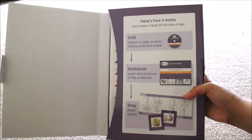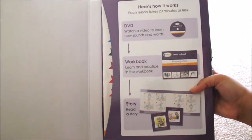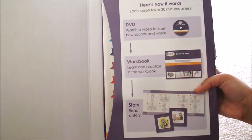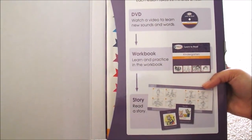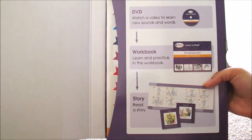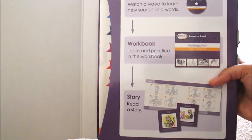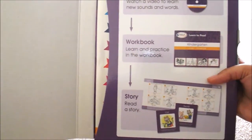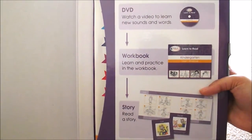So in the level 1, you just open it up, and this kind of gives you an overview of what they expect and how it works. So basically, each lesson takes about 20 minutes or less, which I definitely like. What they want you to do is watch a short video to learn the new words and sounds, and then you do some quick work in the workbook, and then you read a quick story together. And by doing this, you're supposed to help them learn their words, learn their word sounds, and start reading short